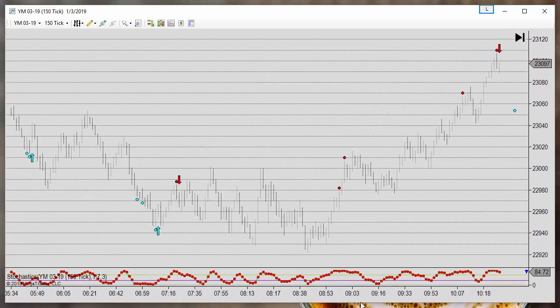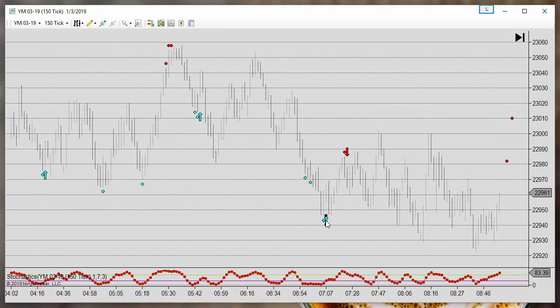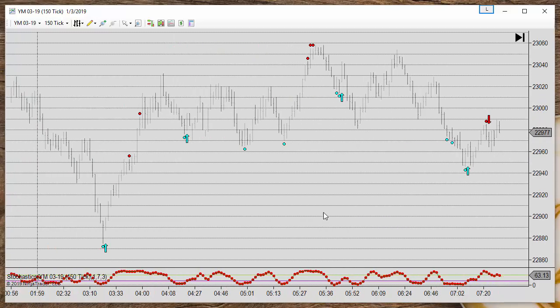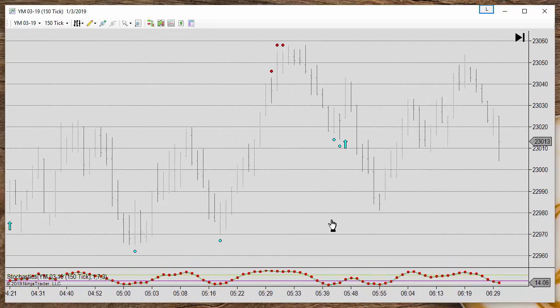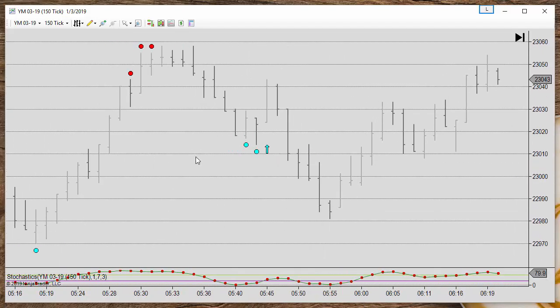When we are in real time with this indicator, we have a long, a short, another long. There is no short here. Here we have a long. And why don't we have a short here?